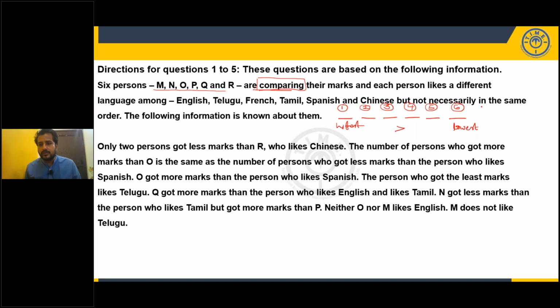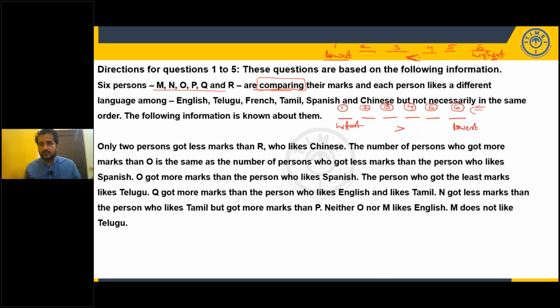So you have to define the order, maybe ascending order or descending order, to complete it in less time, and you can solve without any confusion if you take this kind of order. It need not be highest to lowest. You may take from lowest to highest. When you take from lowest to highest, the first position whom I am going to place will be the one who scored the lowest marks, and the last one will be the highest, like 1, 2, 3, 4, 5, 6. So first lowest, second lowest, third lowest, fourth lowest, fifth lowest, sixth lowest, which is nothing but highest. So the order will be like this, lowest to highest.